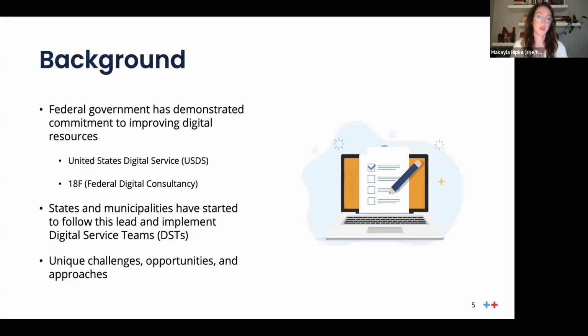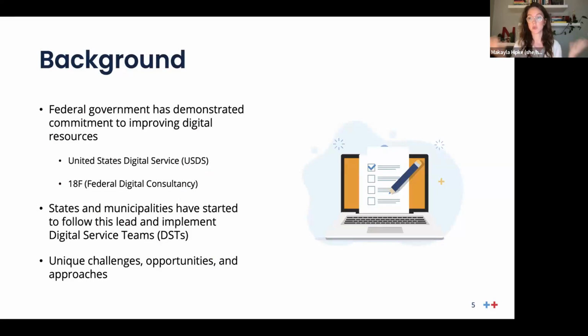And then we used all of those things together to develop that question bank for everyone to use. So just a little background, most of you are familiar with this, but the federal government has been the forerunner in this area, demonstrating commitment to improving digital resources for citizens and community members. In the US, that's really particularly been led by the United States Digital Service and 18F.